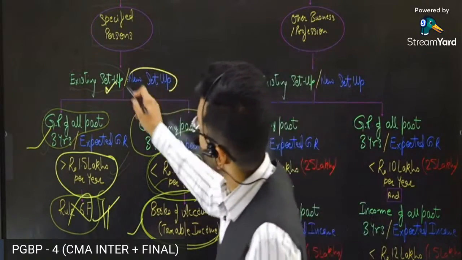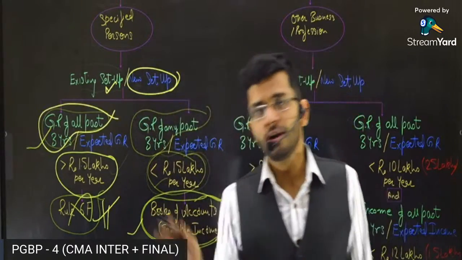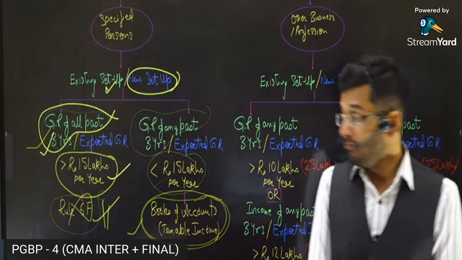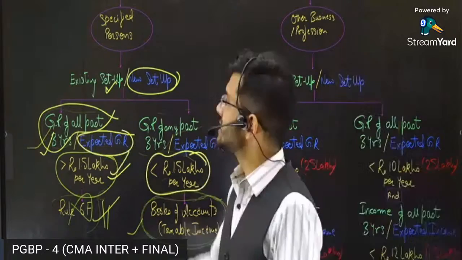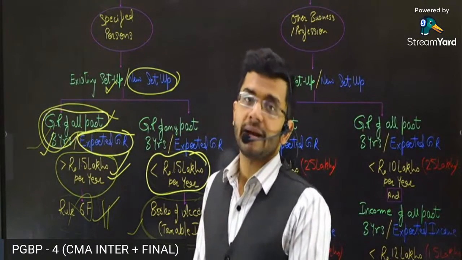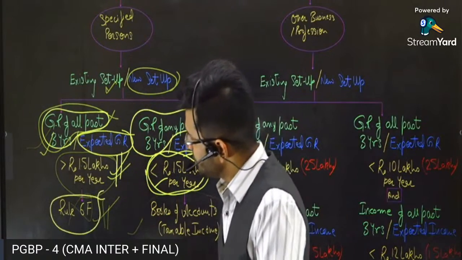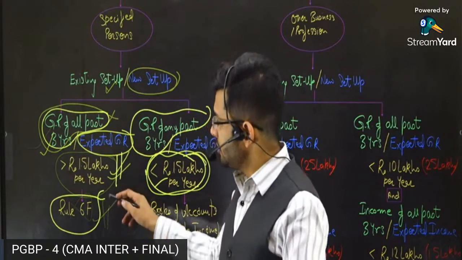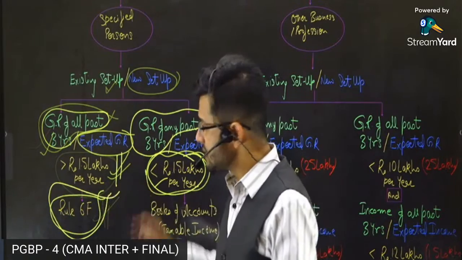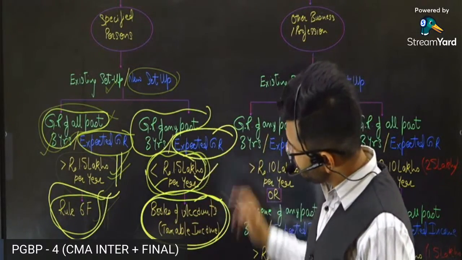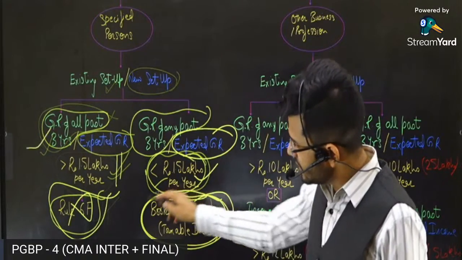Now, if you are a new setup and you do not have past years books of accounts, then we will see your expected gross receipts. If your expected gross receipts are likely to exceed 1.5 lakhs per year, then you are required to prepare your books of accounts as per Rule 6F. If your expected gross receipts are less than 1.5 lakh per year, then your books of accounts are required to be maintained